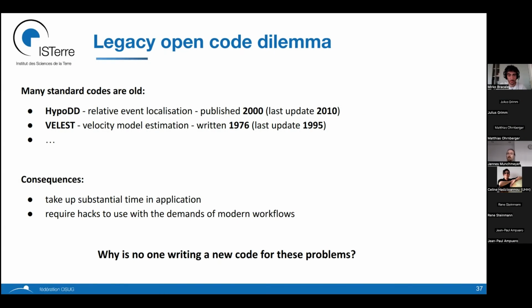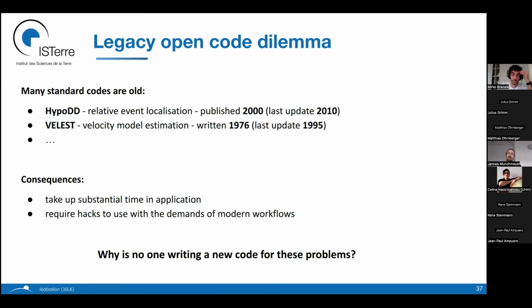What are the consequences of these old codes? Well, first, they take up substantial time in using them. They are Fortran codes. Okay, people still use Fortran. Fortran is a totally fine language, but then they have, for example, fixed length input. And the documentation is kind of convoluted to understand, especially for someone who's never written Fortran code, which I guess are many of us. So it takes a while to get your data into the right format for these tools, parse the output, and understand some of the quirks.